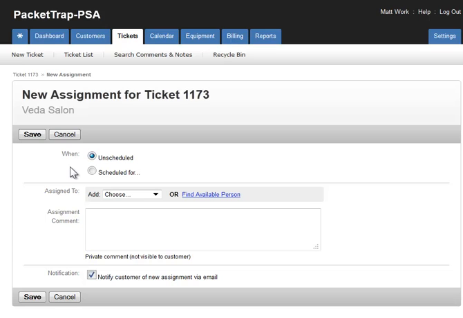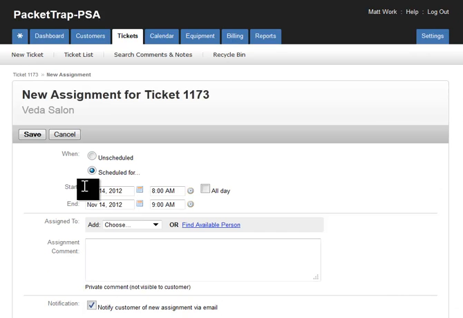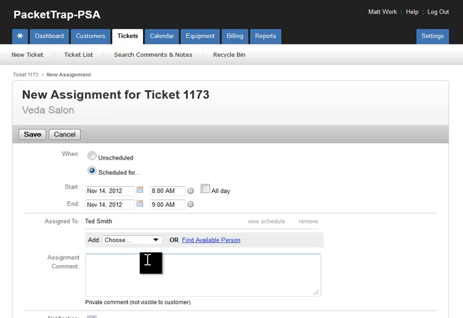So now I get a choice. Is it scheduled or unscheduled? And this will come into play when we start talking about project management. In this case, we're going out to fix the treadmill, so we actually want to schedule it. So what we might do here is find an available person by looking at our availability grid, or just plop in a technician. So let's plop in Ted, and we'll say that his appointment date is today